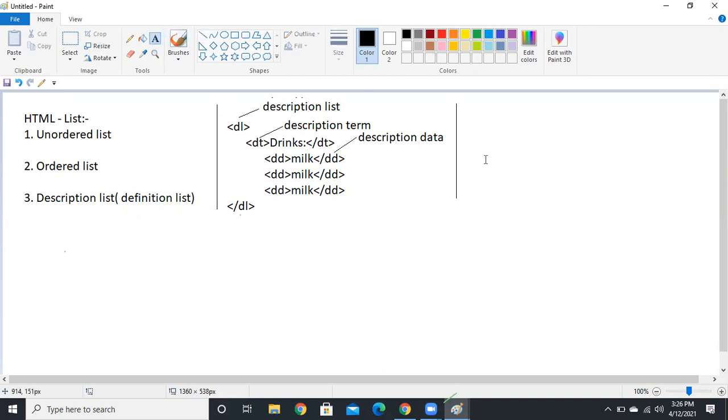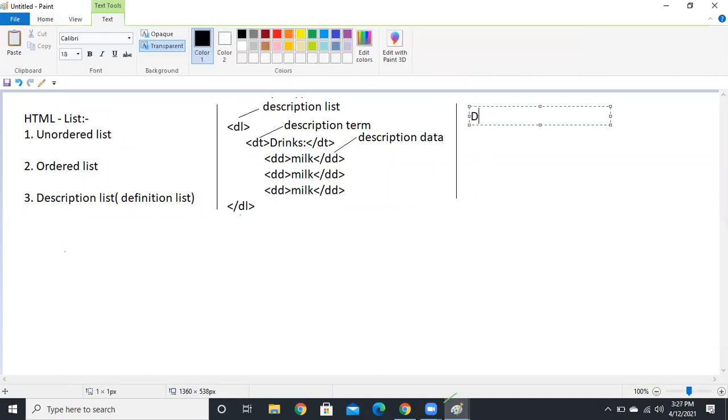So you get like this. Suppose this is your heading, like the term only. It puts some space, like a tab space, like an indent space, and it will start the list only.